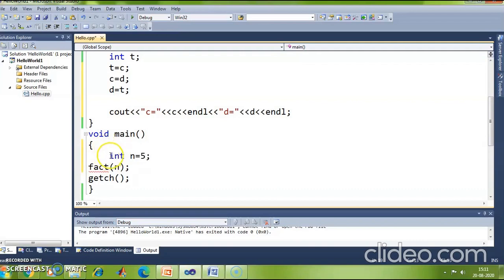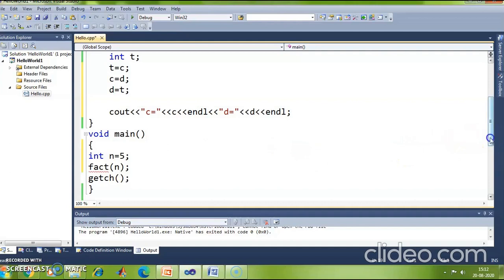What is the factorial of this number 5? 5 into 4 into 3 into 2 into 1, that is 120, right? 5 4s are 20, 20 3s are 60, 60 2s are 120, right? So I want this answer, but I want to use the concept of recursion.